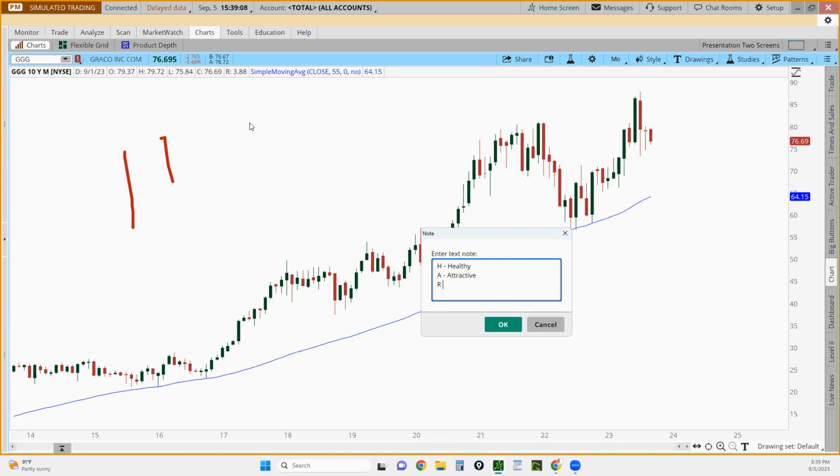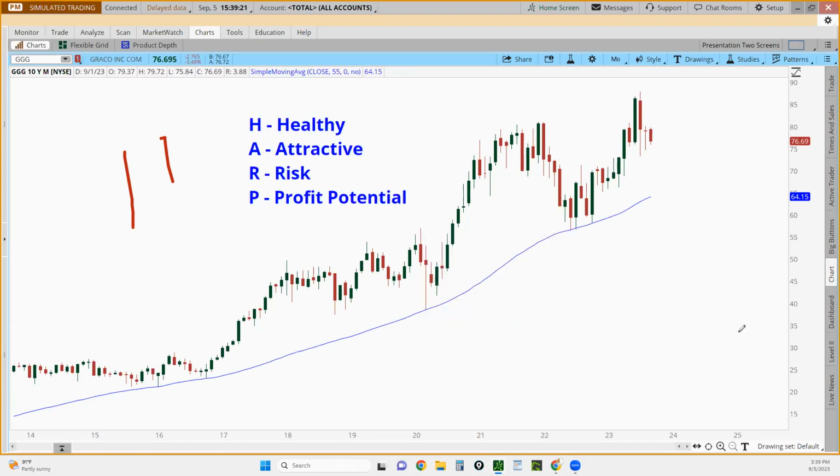The R stands for risk. And the P stands for profit. Okay, so here is what we're talking about. And this is where we came up with the whole concept of HARP, is that the H here